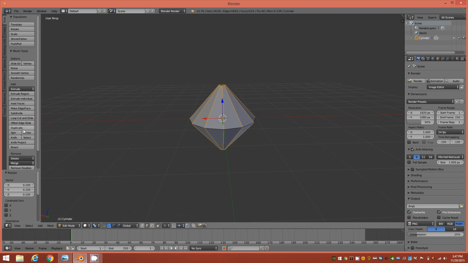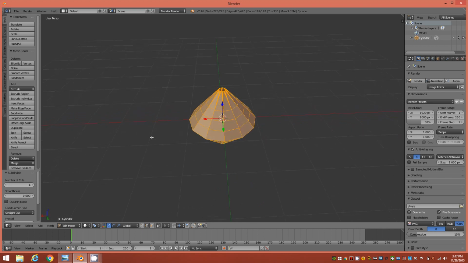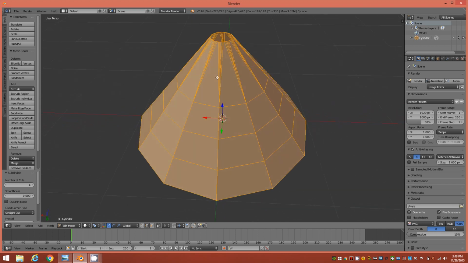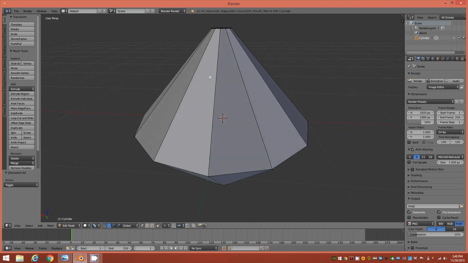And then the next step is going to be to switch over to your left hand panel until you find Subdivide. Under the Tools option, click on Subdivide, and we're going to give it 4 cuts. I think it's 4 cuts, but we seem to be having a problem here. Oh, you know what we forgot to do? Sorry, ladies and gentlemen, but we're going to have to start that whole section one more time